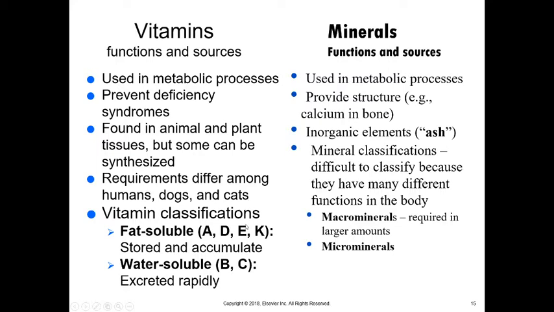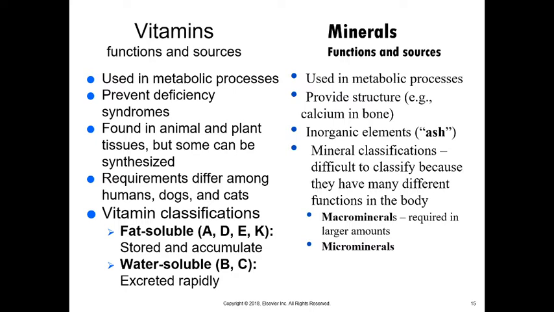Vitamins, functions, and sources. Vitamins are used in metabolic processes. They prevent deficiency syndromes. They're found in animal and plant tissues, but some can actually be synthesized in a chemical lab. There are requirements that different species have. We do need to remember the vitamin classifications because we can overdose or underdose based on the